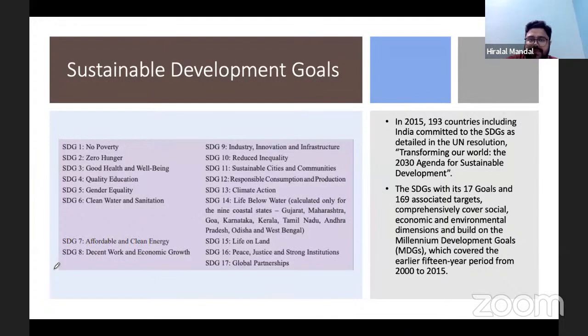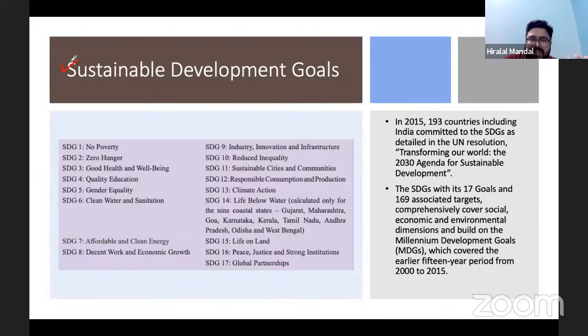It is also important to understand that from the examination point of view, this chapter is very important. Some of the things that you will find in this chapter are related to the environment, but questions can be expected. So the sustainable development goal as a concept, you understand sustainable development is something in which